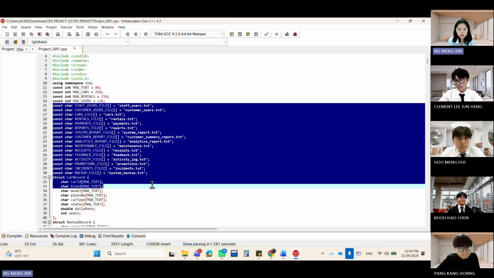The load function reads data from text files into memory, while the save function writes updated records back into text files. This allows the system data to remain available even after the program is closed.